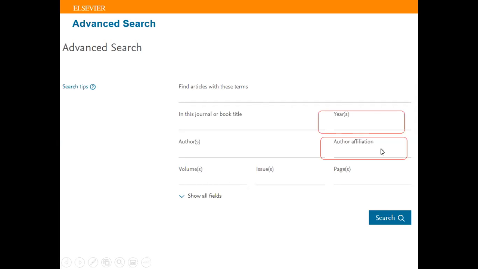Then you will also find another search field called author affiliation. Okay, this author affiliation allows you to search papers written, published by authors from particular institutions, organizations, or even countries. Okay, so you can enter under this author affiliation an institution name or a country, and if you click at this